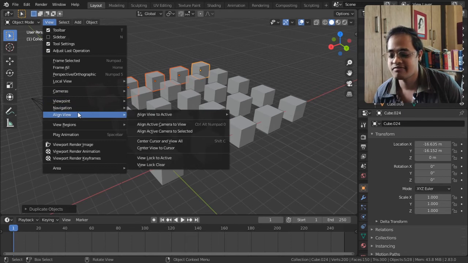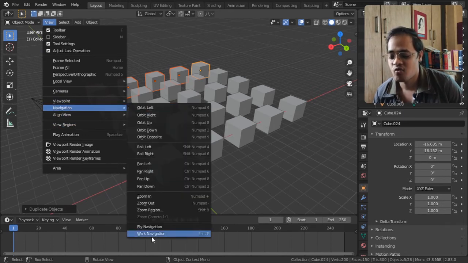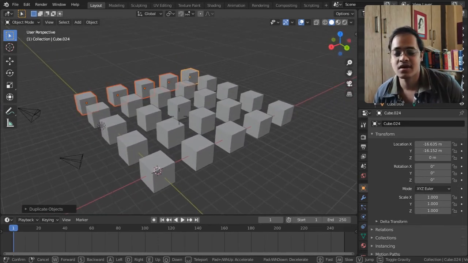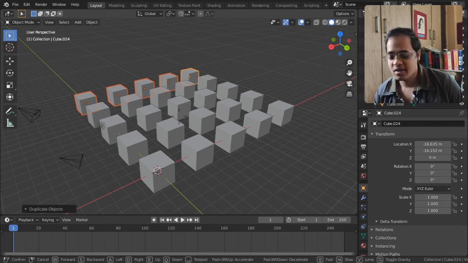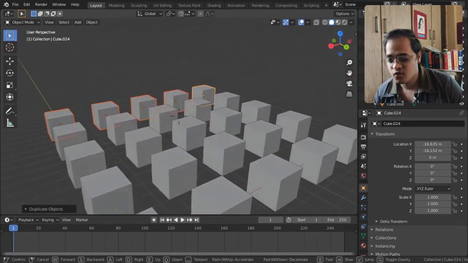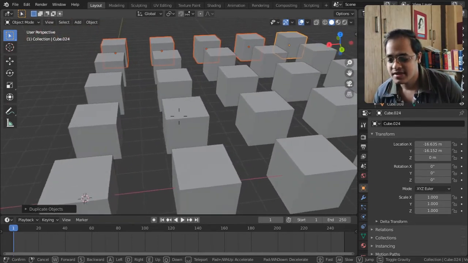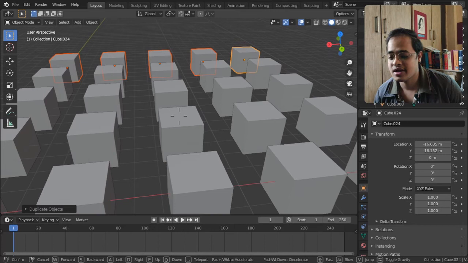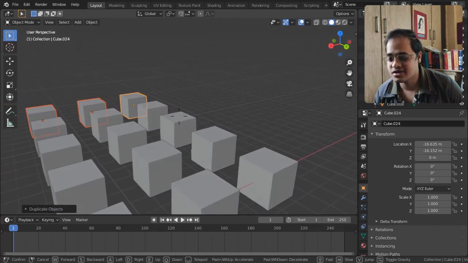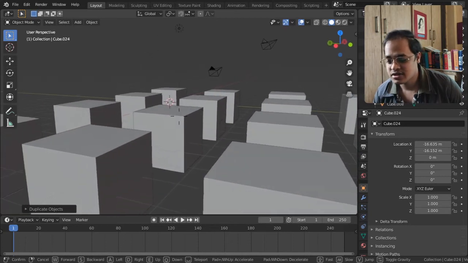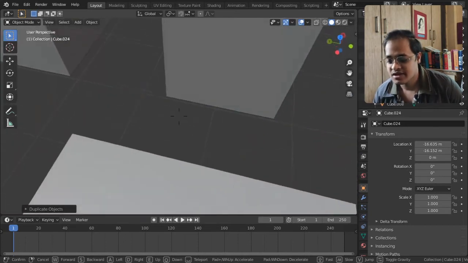Then one of my favorites is the next option, walk navigation. This is exactly the same as our FPS, first person shooters. WASD is movement, and your mouse is where you can see the objects. If you hit spacebar on any object, like if I am looking at this cube and I use spacebar, we can teleport to that object. If I look towards that cube and press shift spacebar, we can see towards that object.